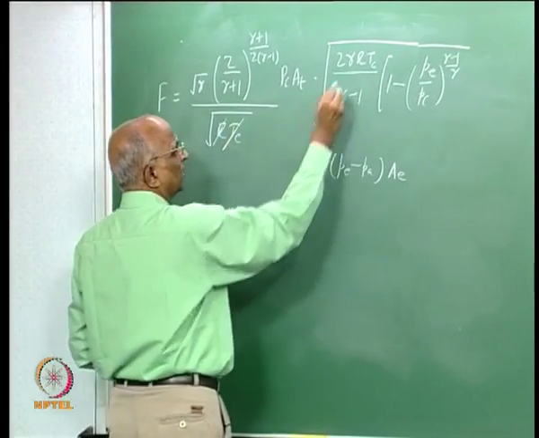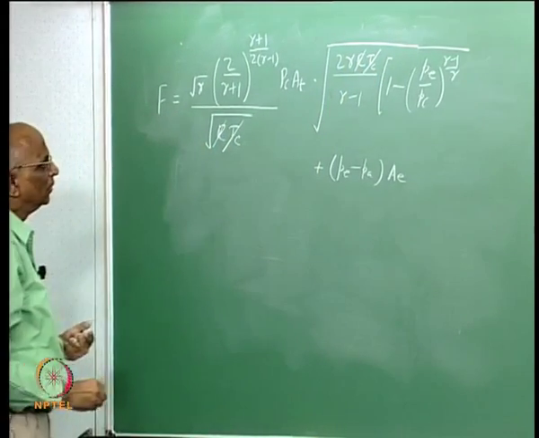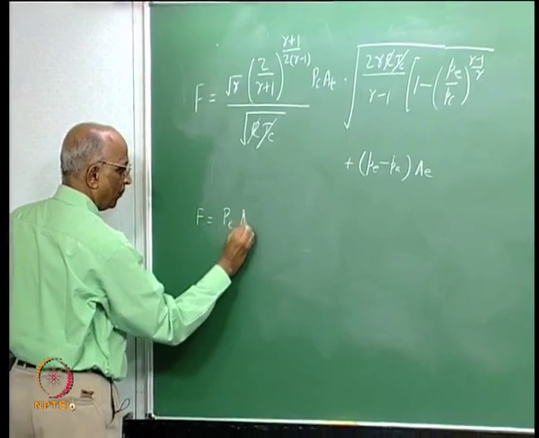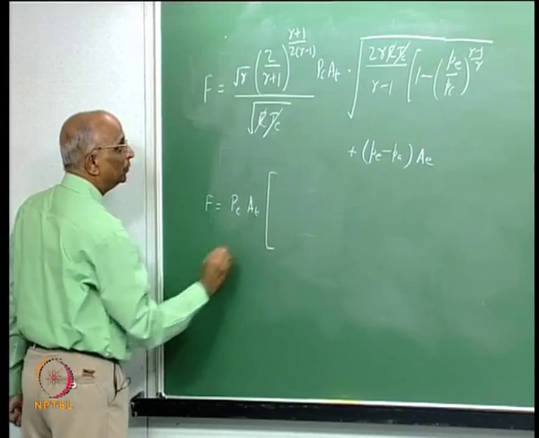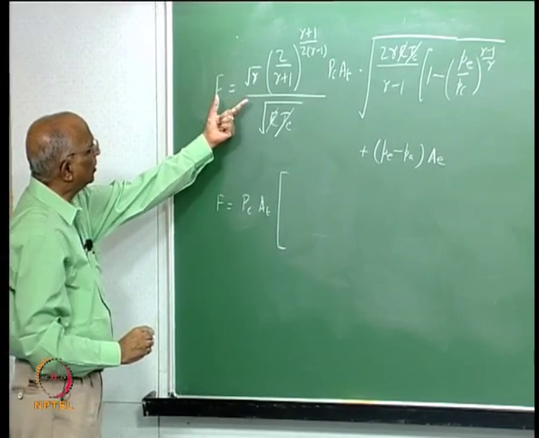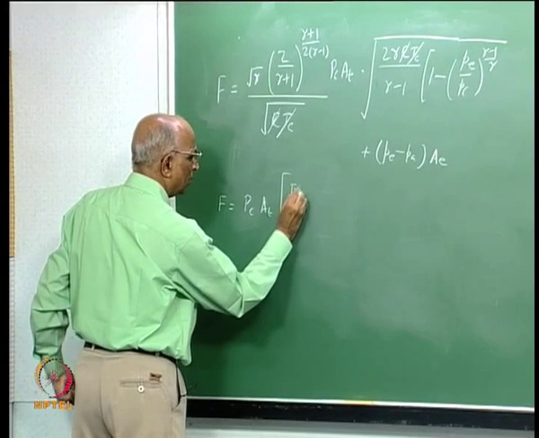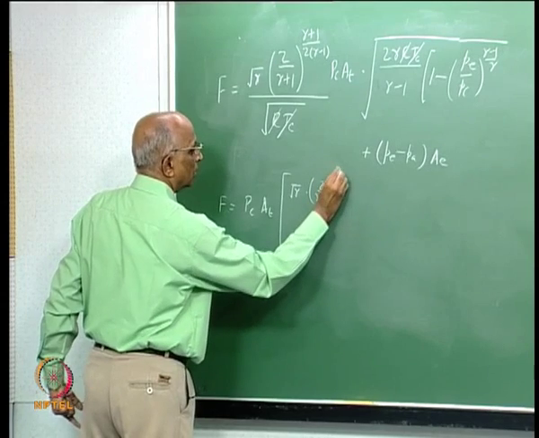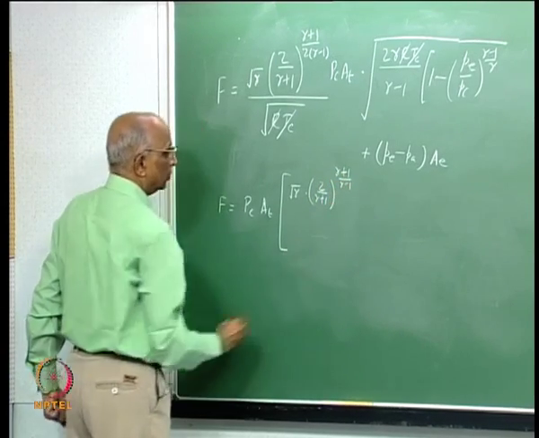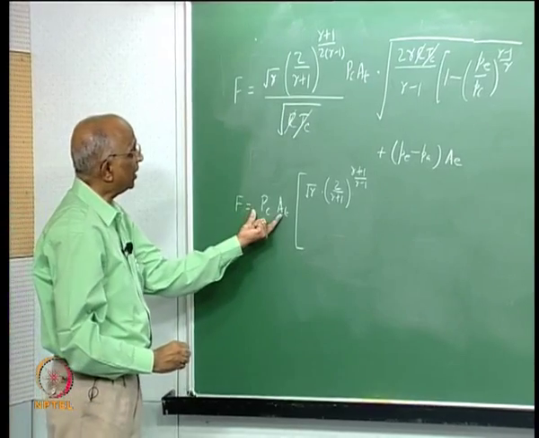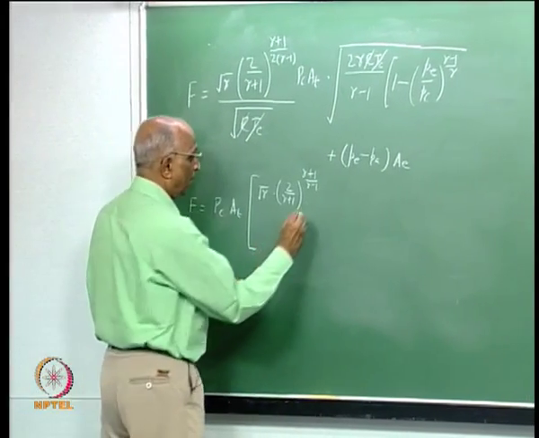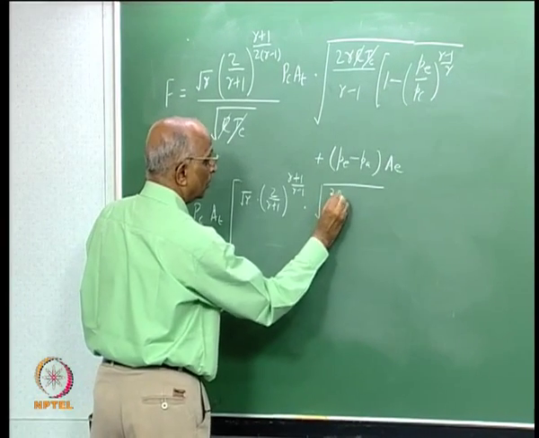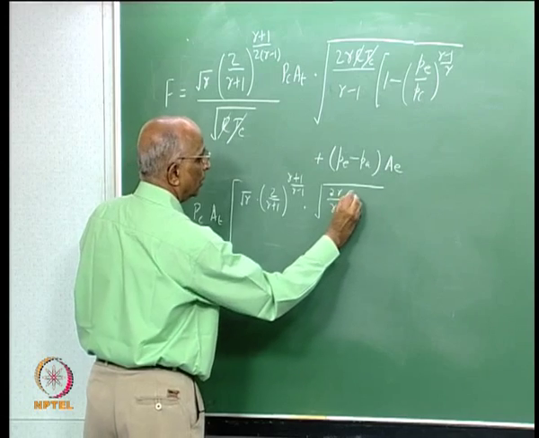Therefore, R and R get cancelled, and my expression for the thrust is equal to Pc At into, now I look at these numbers, I still carry under root gamma, 2 over gamma plus 1. Pc At is taken outside, RTc is gone, I still have under root of 2 gamma by gamma minus 1 into